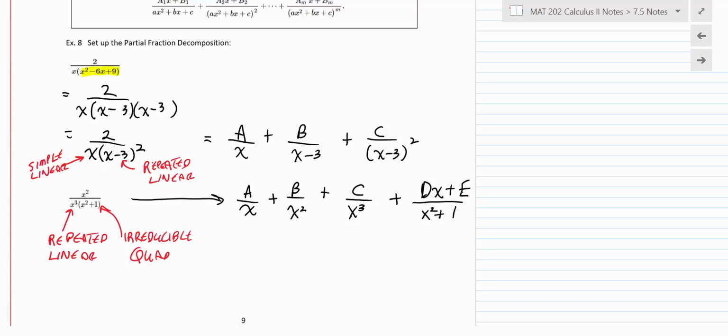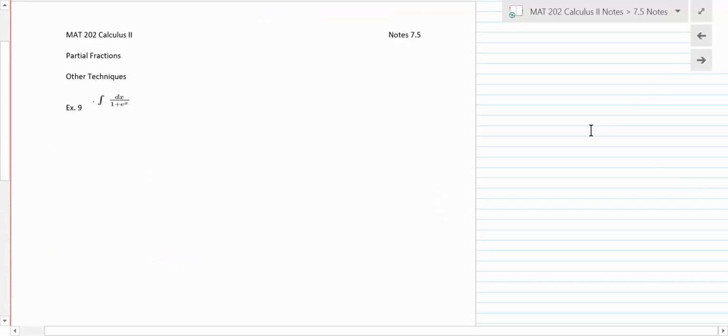So that's a pretty important part of the section, to be able to set that up regardless of what those factors are. Okay? All right. Any questions? Everybody got that okay? Okay. All right. Now let's do,